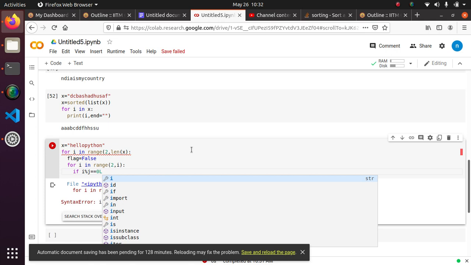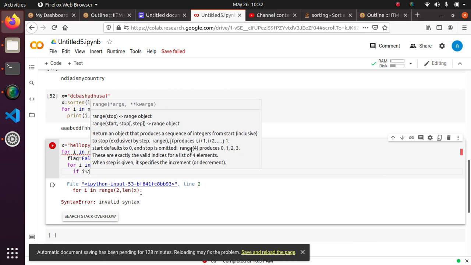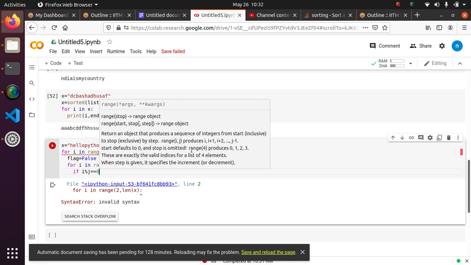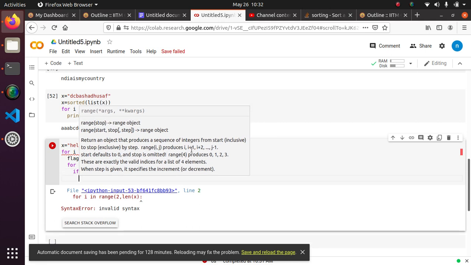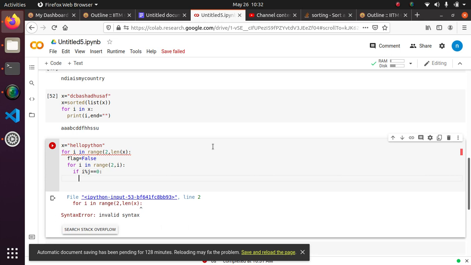So if you keep practicing, you would understand what is happening here, you would understand the concept. If i percentage j equal to 0, then flag will become,